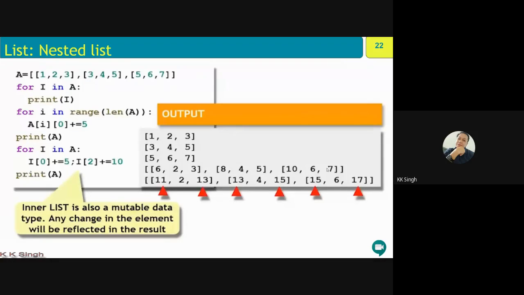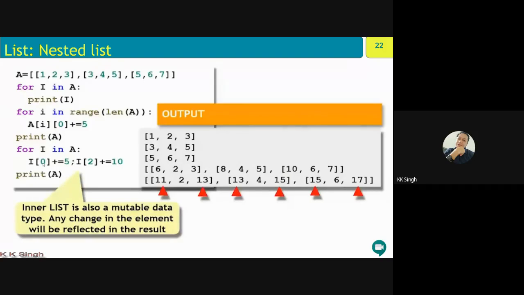Now the next example, what happens when I say i[0] plus equals 5. i मतलब your list A, i[0] मतलब आपका पहली list.